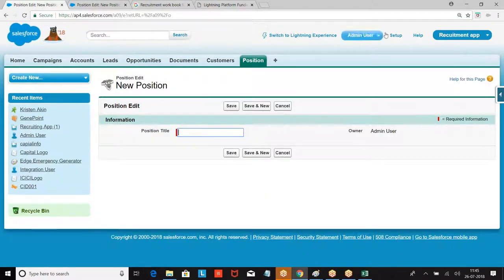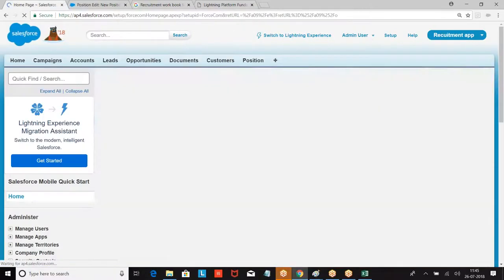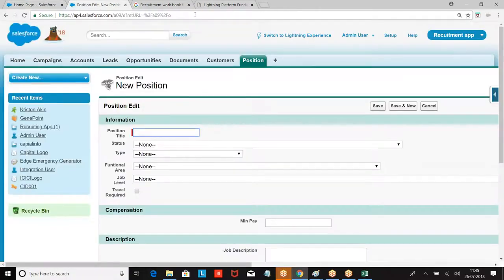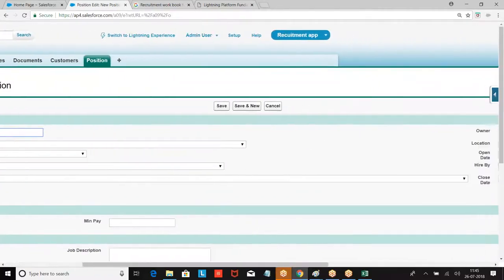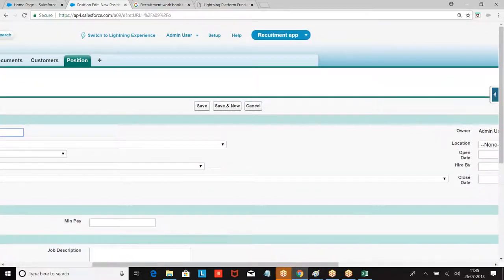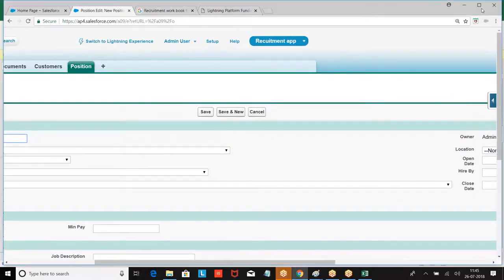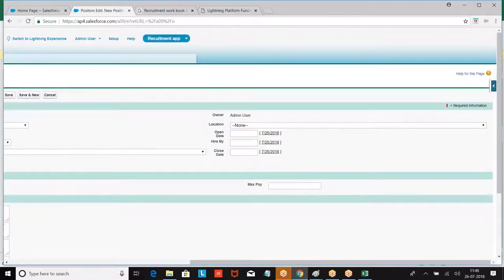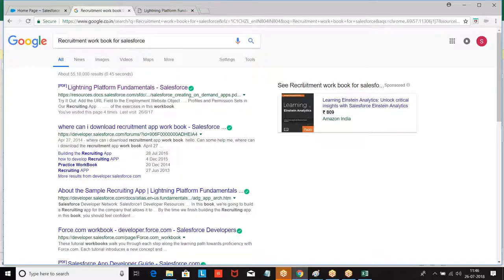Go back to the object again. We didn't take care about adding two columns. Probably one column is selected. Now we have enlarged the screen, I guess.